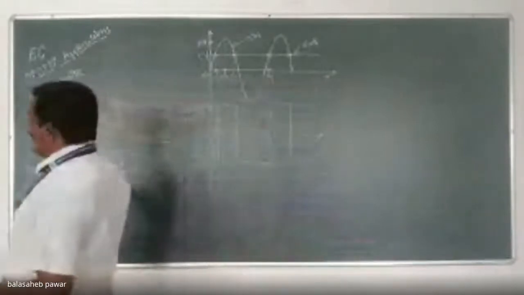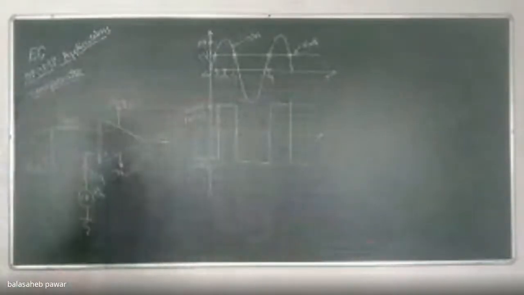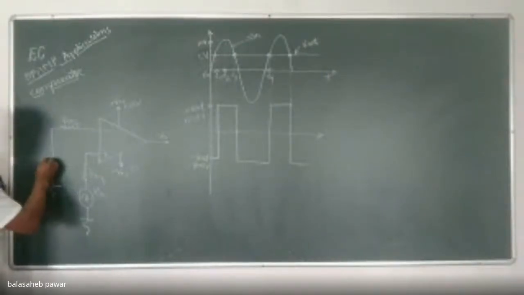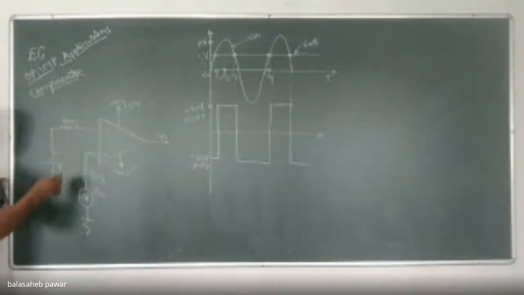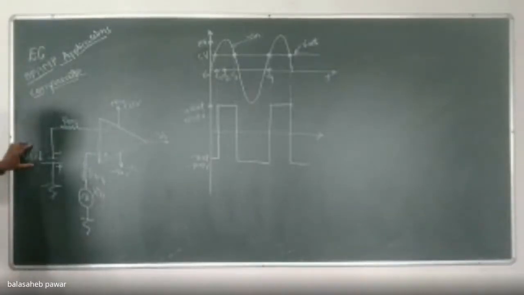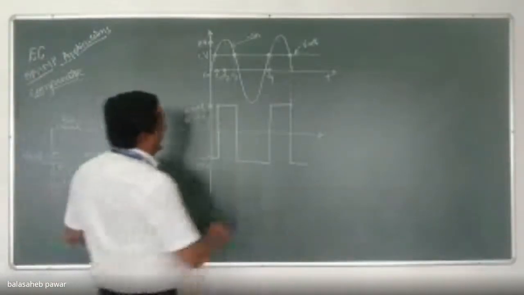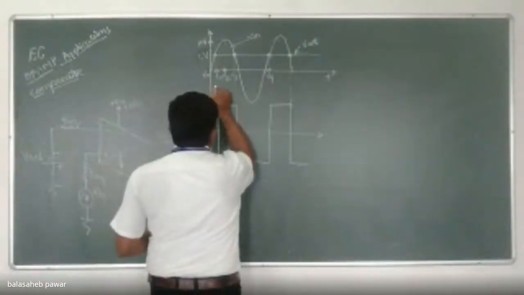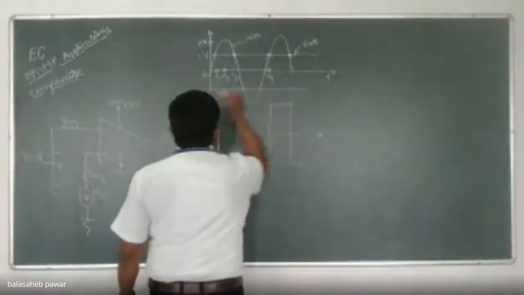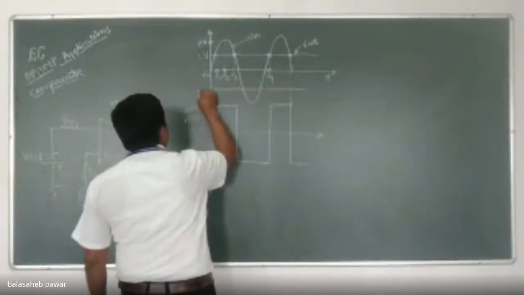Okay. Another thing, if I change the polarity of this reference voltage, instead of positive to the inverting terminal, if I reverse it, that means somewhat like this: negative to the inverting terminal and the positive terminal grounded. That means, for our example, instead of plus 5 volts, if I consider it as minus 5, I have to plot that reference voltage signal waveform over here. This is nothing but minus 5 volts.